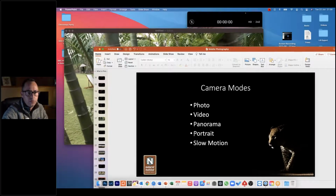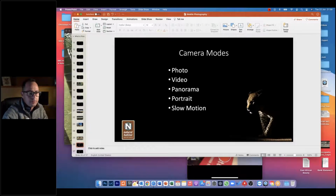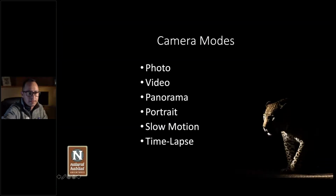Right, then we are going to hop to the next one, which is our time lapse. So time lapse is a very, very cool function. What it does is it takes an image every 3 or 4 seconds, or I think it's every second on this, and it'll take a photo, take a photo, take a photo, and then it puts it into a video format. And it creates long stop images, or videos. So effectively, you're taking a large chunk of time and shoving it into a smaller amount of time,